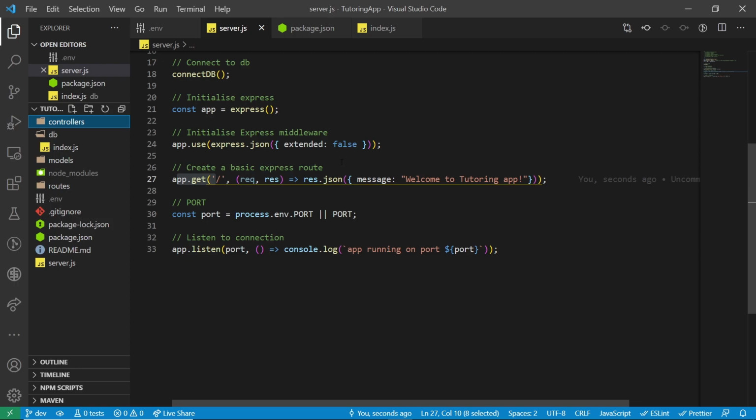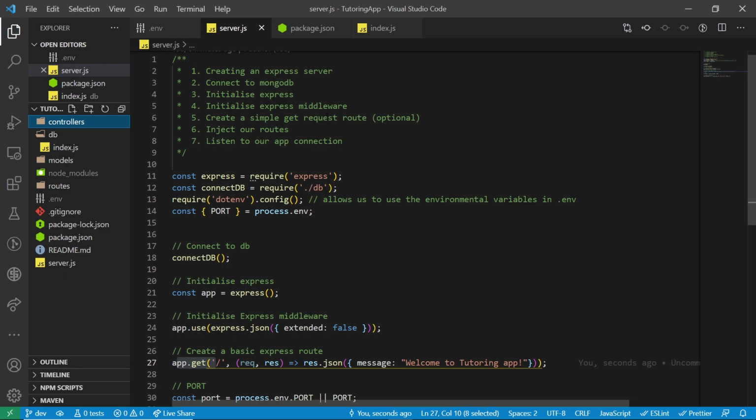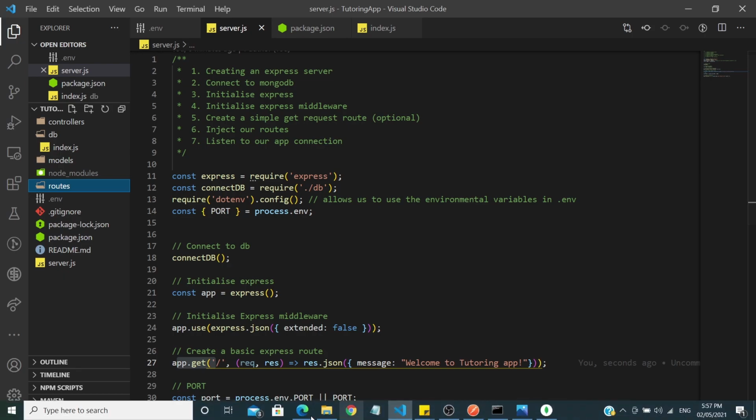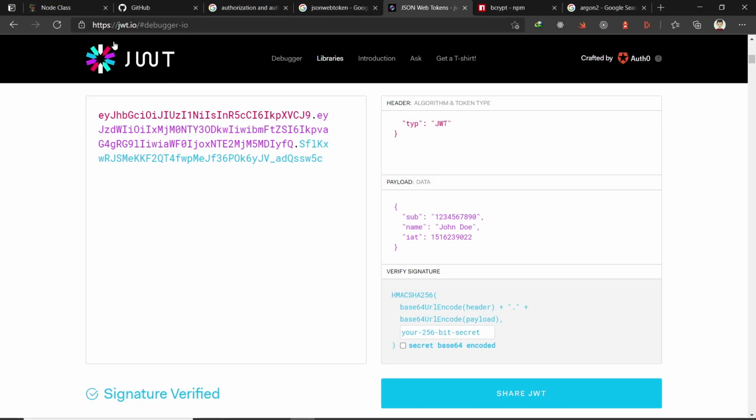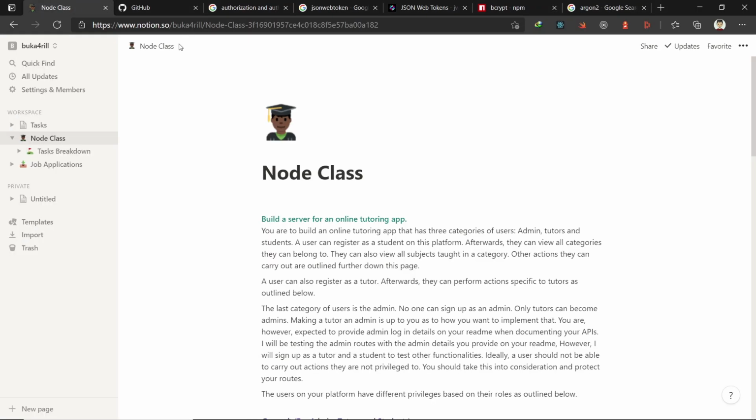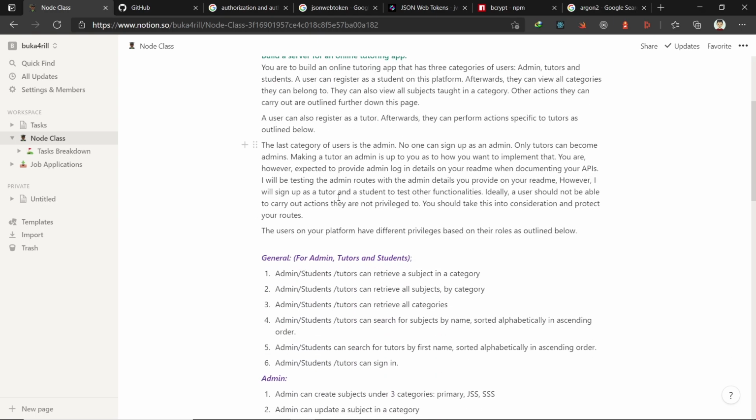So we've done that right now. Let's get started by creating some routes. So going back to our project description,